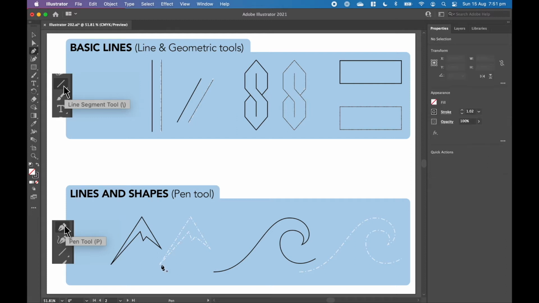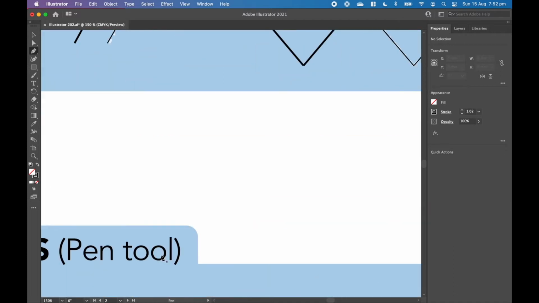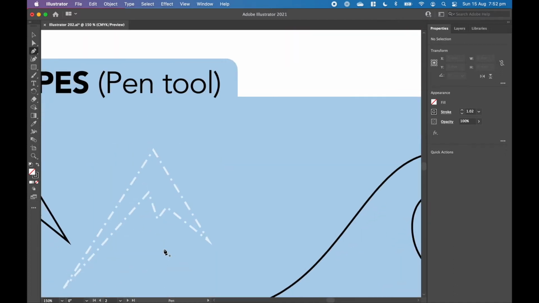Now the pen tool creates lines, but it also allows us to create shapes. A line is an open shape, if you will, whereas a shape is a closed line. Basically, this is not a shape, that is a line. Whereas something like this, that is a shape, and something like this, that is a shape. It's a closed loop. If we zoom in on this mountain here that I've created, let me demonstrate how the